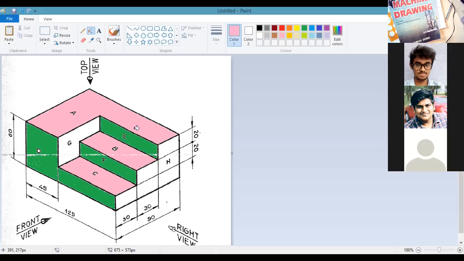I hope you're able to understand these concepts. And similarly, from right side view, whenever you're seeing an object from the right, you are representing it on the left profile plane. So I'll take one more color, a purple or some light blue color, and fill this H plane. See, these are dimensioning lines, not the object, just understand. G and H represent the right view, and similarly A, B, C planes are seen in the top view, and similarly D, E, and F are seen in the front view.